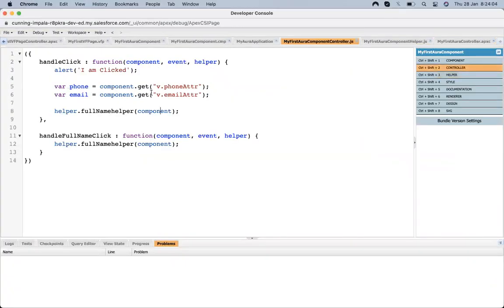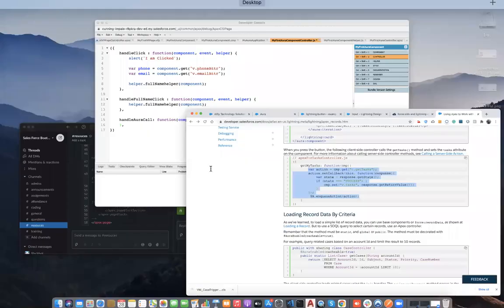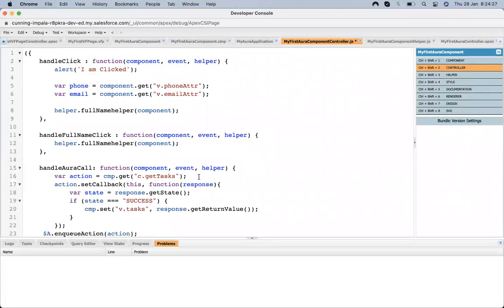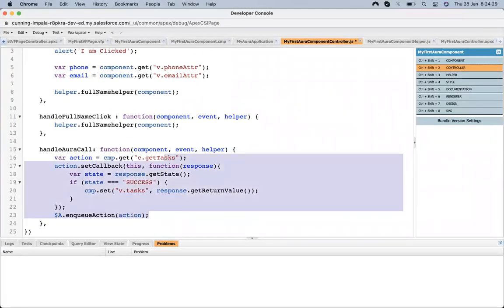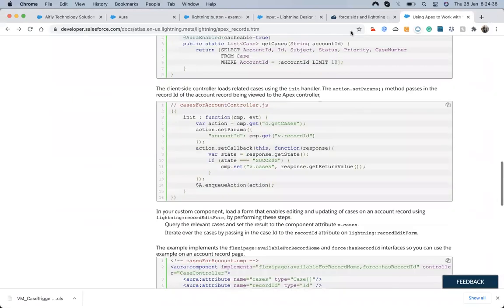Let's first create a separate method called handle Aura call. Let's copy this, paste it up here, remove this, and copy this code and paste it up here.